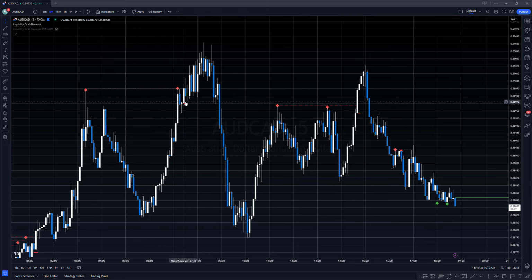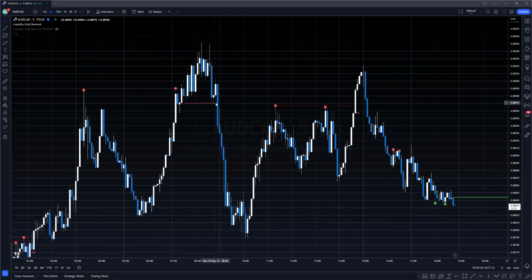This indicator looks for these liquidity grabs, and then we can enter on the low of this liquidity grab candle. Here is the solid line. It is the red line because this is a short liquidity grab. So after the liquidity grab, we can enter on the low of this liquidity grab candle. And as you can see, this line can be drawn up to here, like that. The price went up, and then it hit this entry point. It could be a stop order to the short. And after that,